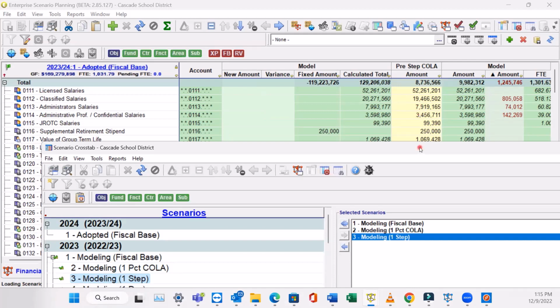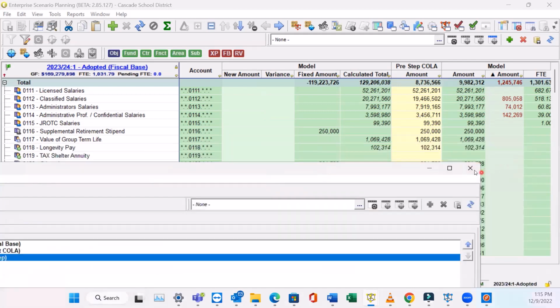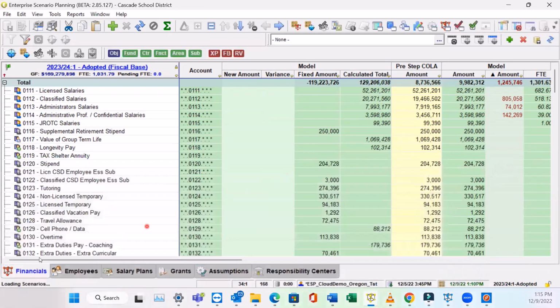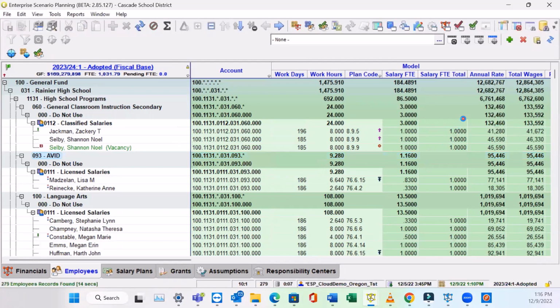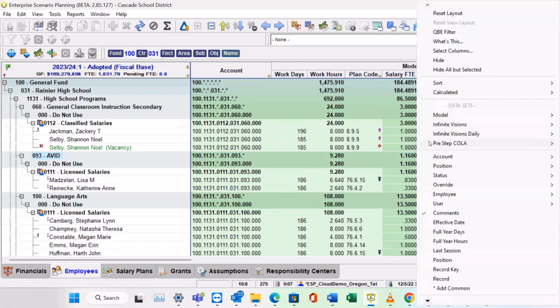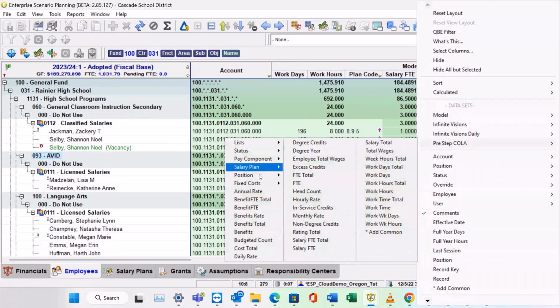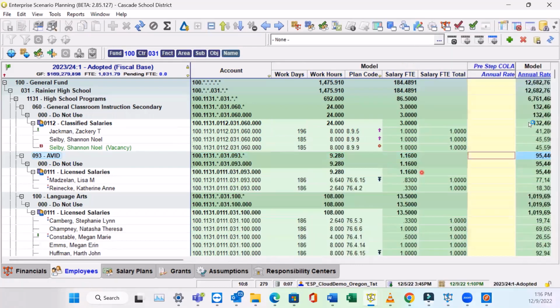Now, one thing that we have is, when you clear, and let me show you on the employees, you also have this data set on the employees tab, because it makes a copy of the employees as well. So if you wanted to see how their annual rates changed for some reason, right click, there's the data set, go over here to annual rate. There'll be a yellow annual rate